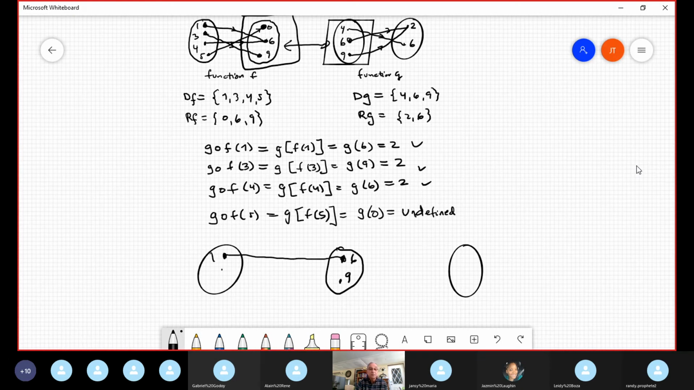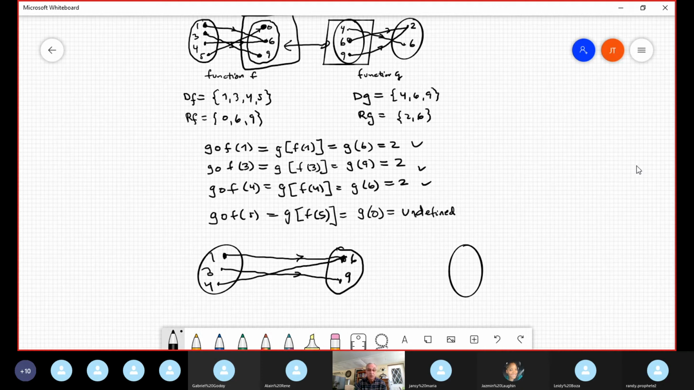3 is associated with the 9. And 4 is associated with the 6 again. And 5 is associated with the 0, but 0 disappears because 0 is not common in the second function. Okay? And then